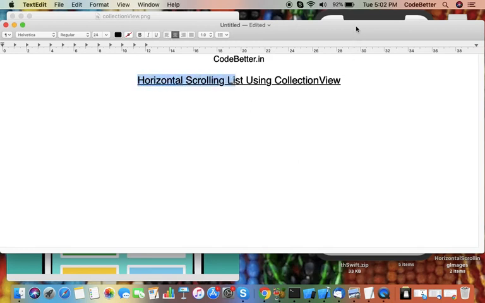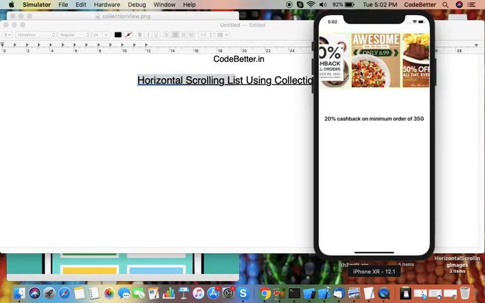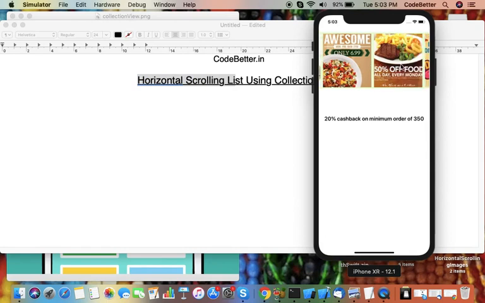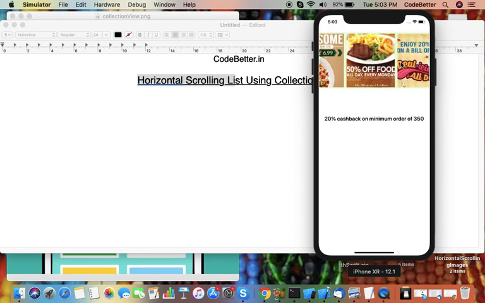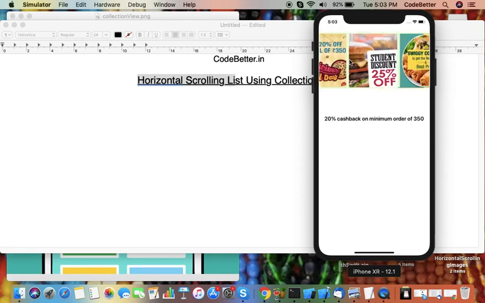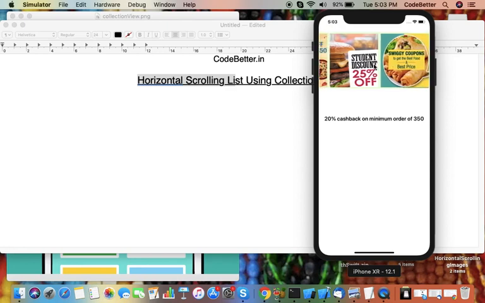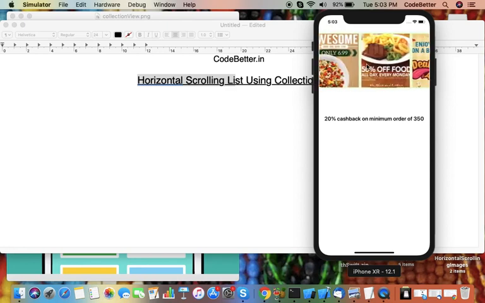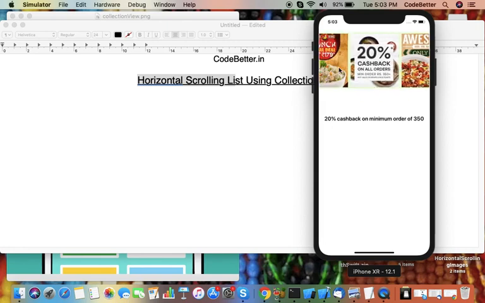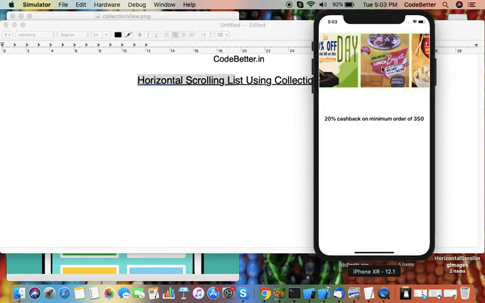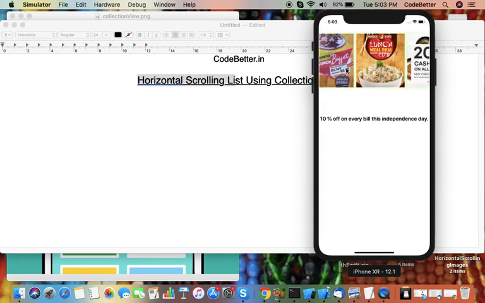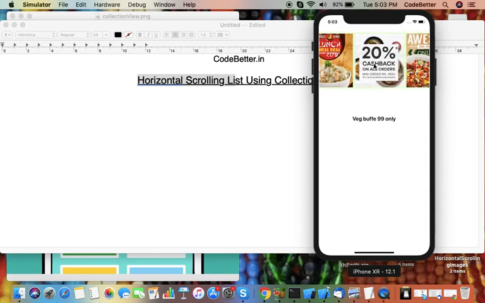In some applications, like online shopping or food ordering applications, you might have seen some offers on the top of the application screen, which you can scroll horizontally like this, and you can select these offers. So how is this offer list or horizontal scrolling list prepared? To prepare it, we use the concept of collection view.